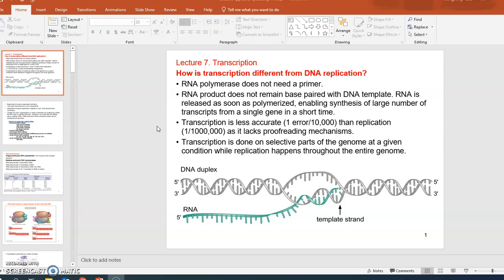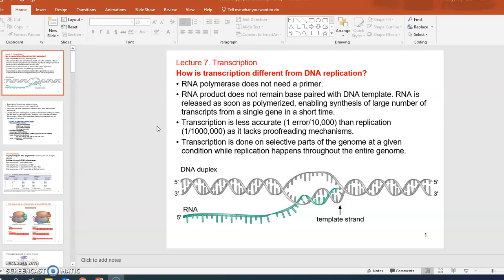If you compare their mechanisms, DNA polymerase cannot start DNA replication without the help of an RNA polymerase that can make an RNA primer. But RNA polymerase can start its work by itself. There's no need for synthesizing an RNA primer. So RNA polymerase can be more independent, of course. And then,